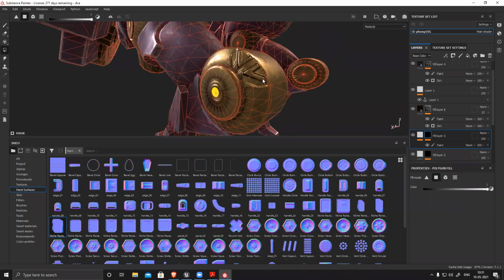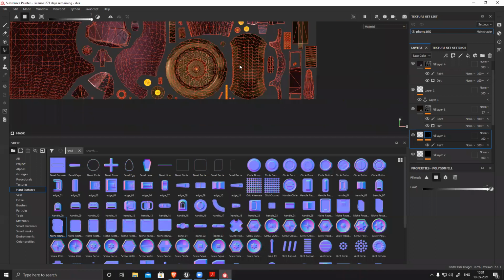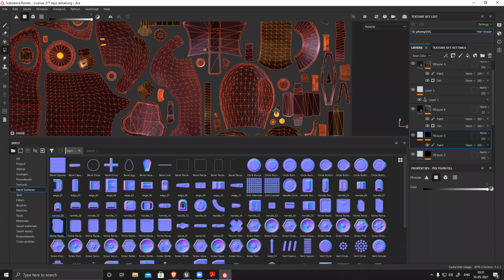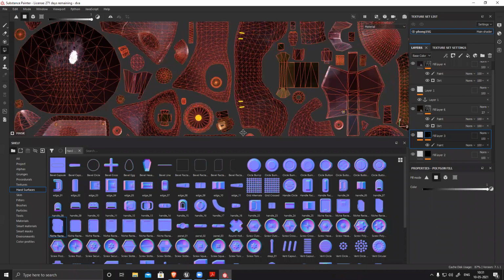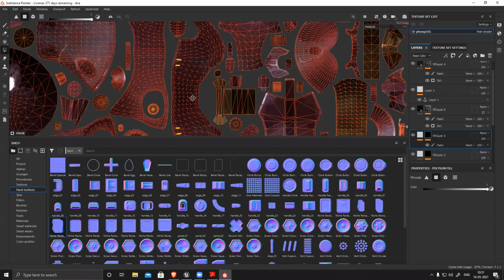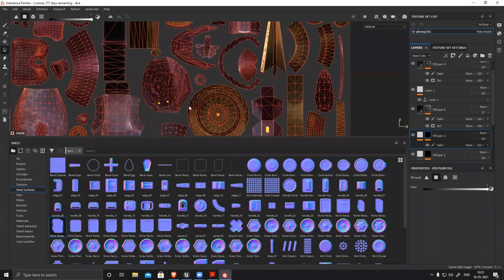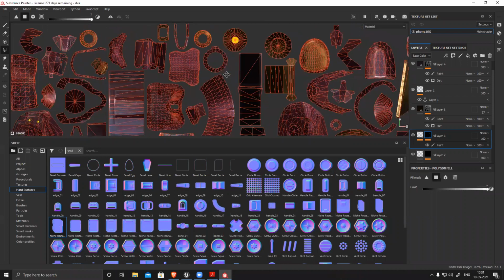Go to F3 and check where you were painting. It should be a street surface.